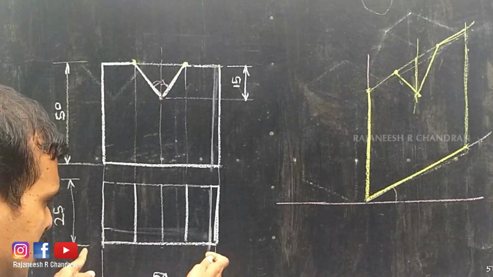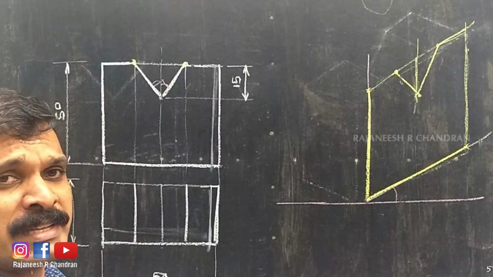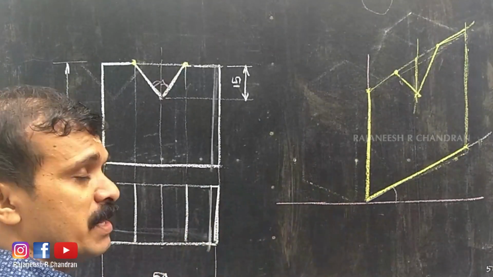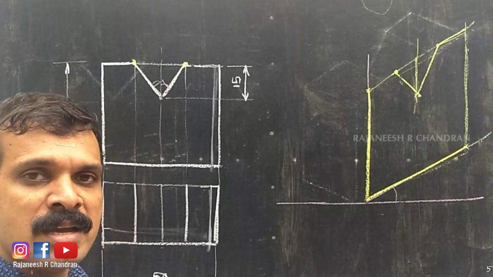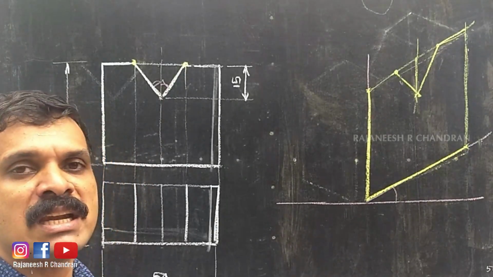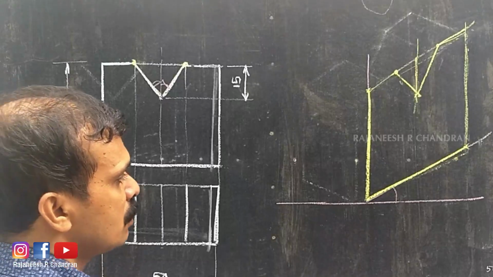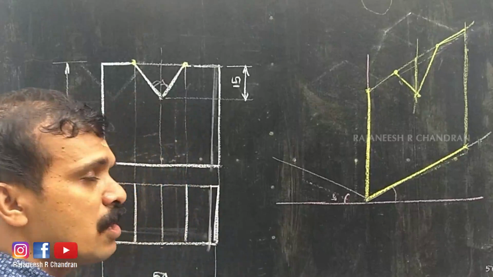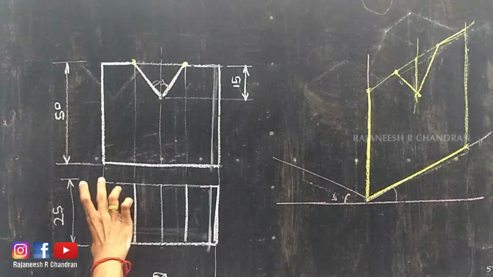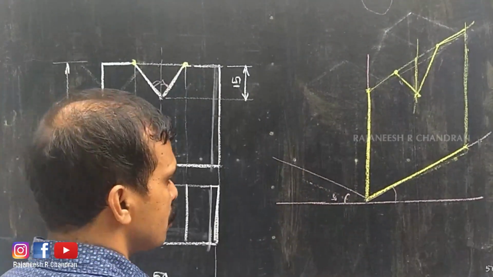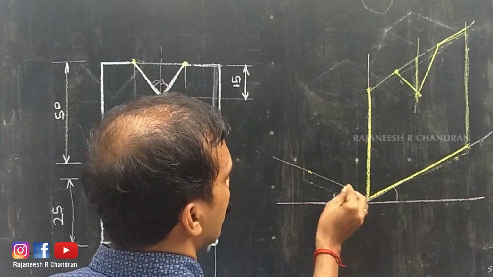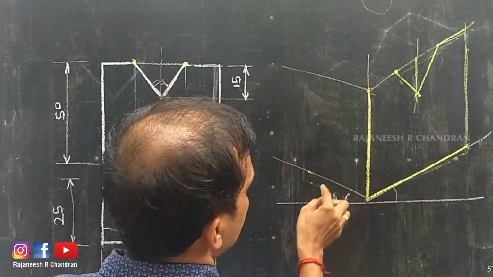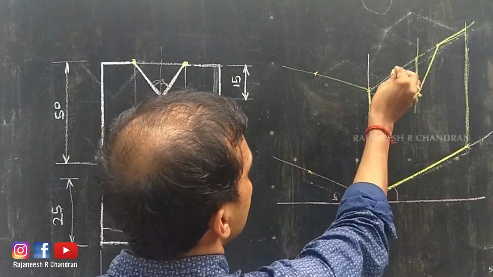Now this is the top view. We know that the top view is lying in the XY axial system. So we have to convert this into isometric x and isometric y. We know that isometric y is a line which is inclined at an angle of 30 degree towards the left. So at an inclination of 30 degree here, draw the isometric y axis. On that y axis we can take this much distance and mark here, so that we can obtain a point like this. Then at every point draw a line parallel to this one and locate this distance.